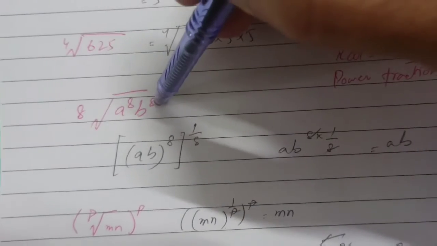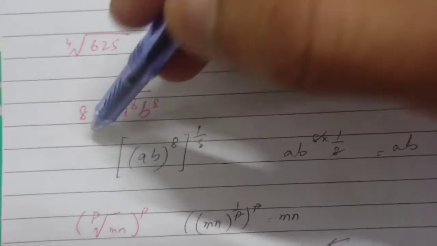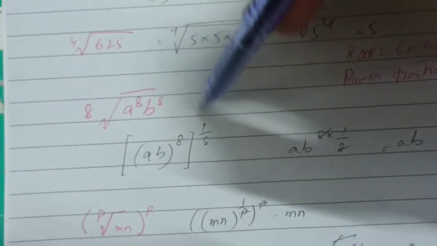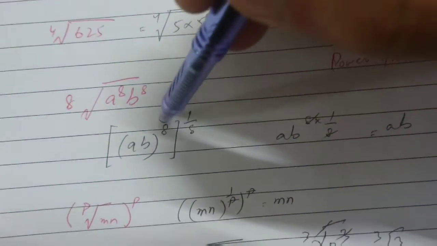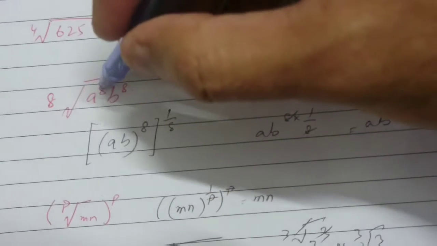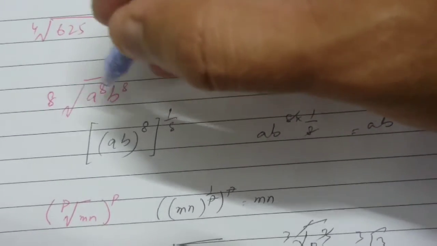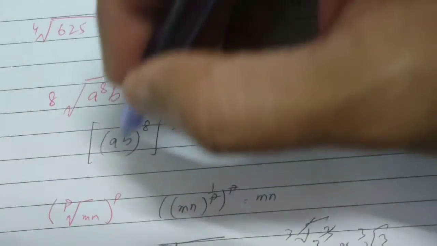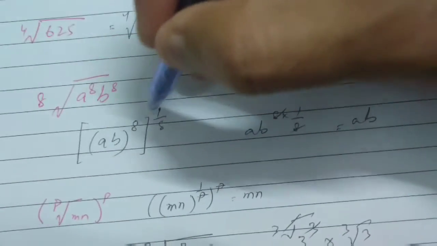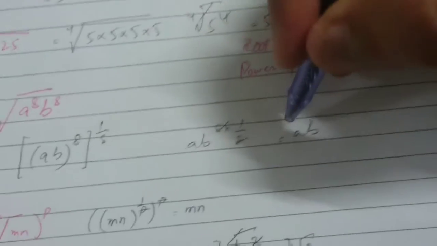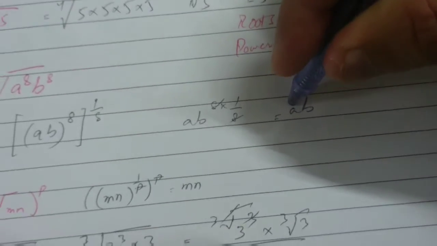And the value inside, whatever it is, will remain the same. If you want to escape this root, you have to switch your power to a fraction form, and you see power over power is multiplied like this. The power is 8 on a, 8 on b, the same power, so take it out common like that. The numbers and alphabets come inside the bracket. Power will multiply by the power, and both powers are cancelled because both are the same. Simply a and b remain the same, they are both multiplying.